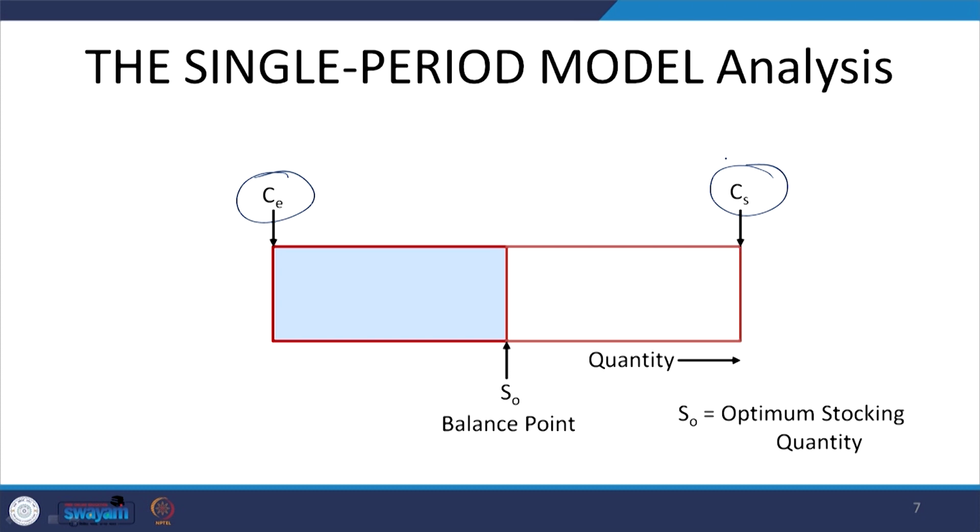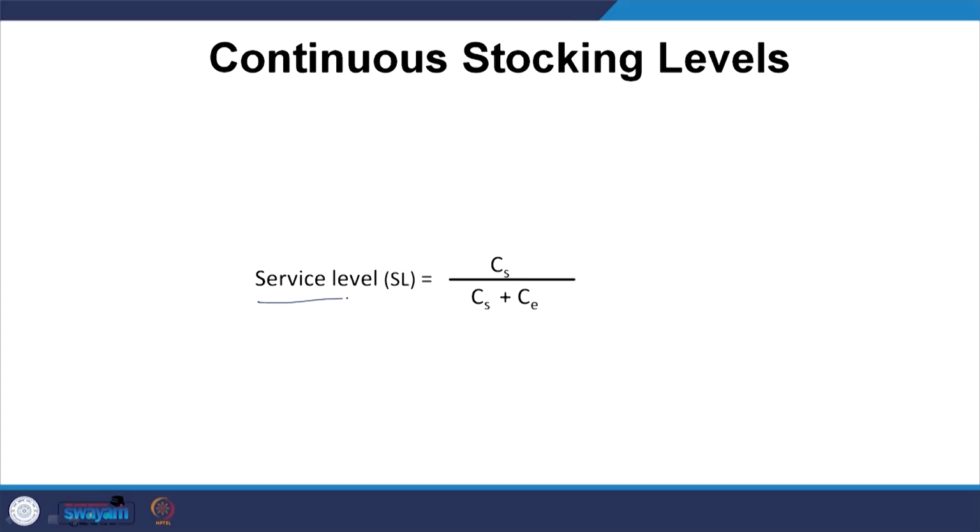So, in all inventory management problems, there are different types of costs and you are looking to have a balance between those different types of costs. That is the basic philosophy of inventory models. Now, in this particular case of single period models, we have two types of situations where we have either continuous stocking levels or discrete stocking levels. In the continuous stocking level, we calculate the service level,